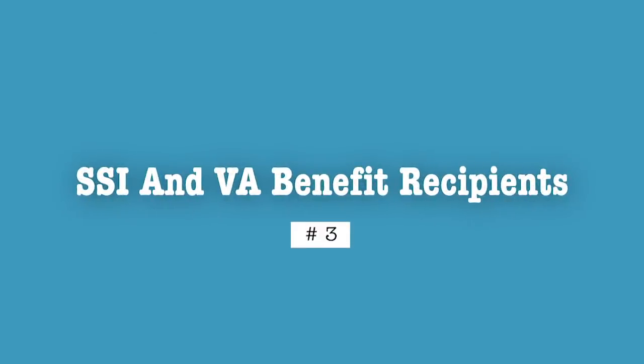Moving on, let's talk about those of you who receive SSI and VA benefits. If you fall into one of these two categories, you could be expecting to receive your stimulus check in mid-May. They haven't given a specific date yet, but they said mid-May. And how will you be receiving your stimulus money? Well, it's going to come however you normally receive your benefits. Whether that's direct deposit, Direct Express debit card, check, however you normally receive your benefits, you will also be getting